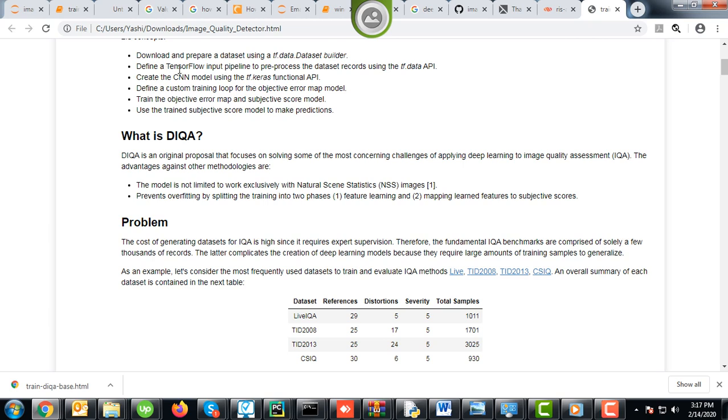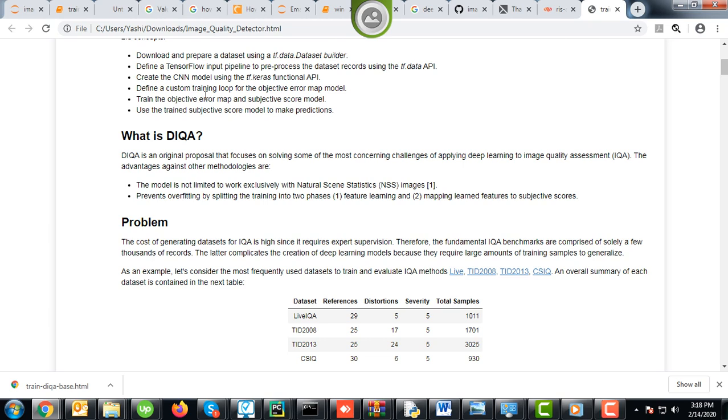First of all, we have downloaded and prepared a dataset using a tf.data.dataset builder. Then I'm defining a TensorFlow input pipeline to pre-process the dataset records using the tf.data API. Then I'm creating a CNN model using the tf.keras functional API, which you have seen in the first blog.